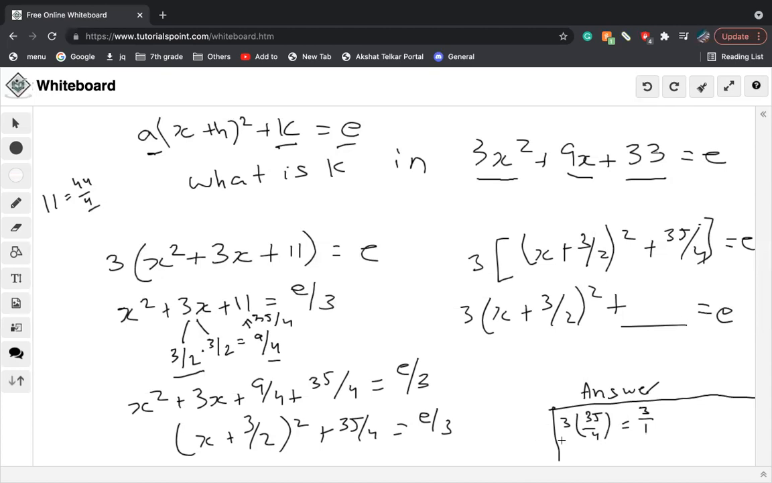Make sure you don't mess this up, because sometimes I see students, instead of multiplying the 3 to 35, multiply it to 4, and that will give you a completely wrong answer. So you want to make sure it's 3/1 times 35/4. This is simple algebra, guys. This should be easy. So what is 35 times 3? You can plug it into a calculator, or you can just do it in your head. It's 105, and then it's going to be